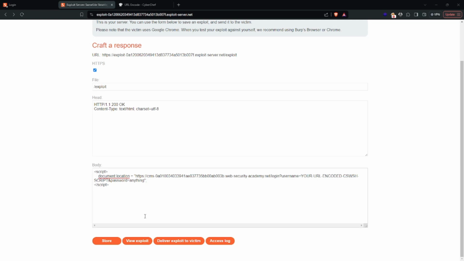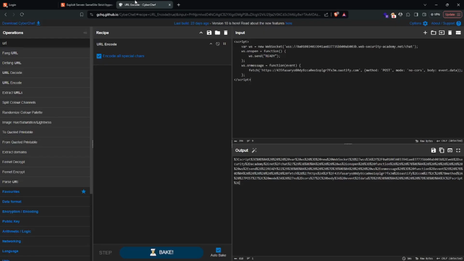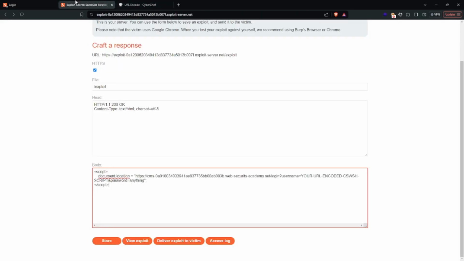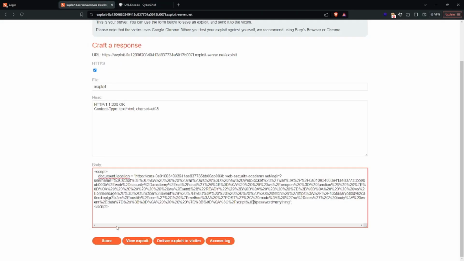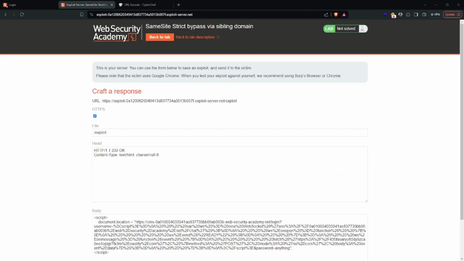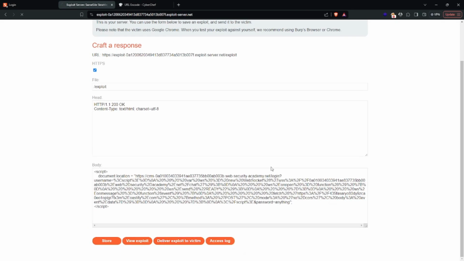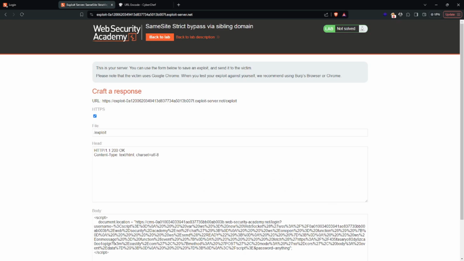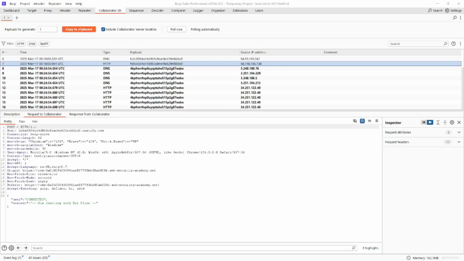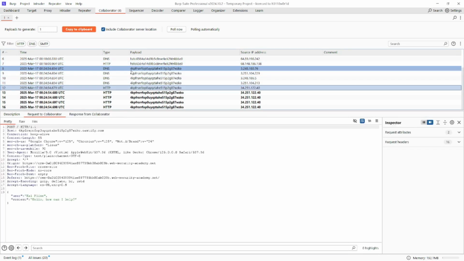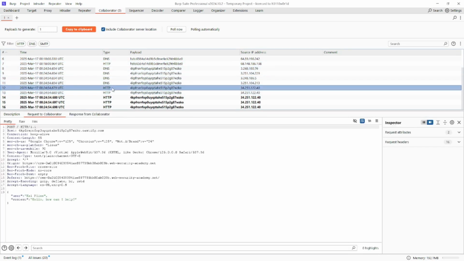And you can see here, document.location points towards our lab login page. And for our username, this is where we're going to pass our URL encoded script. So let's take our URL encoded script, enter it here, and we'll store this. All right, and we're going to deliver this exploit to the victim and patiently wait. And here is the C2 to our collaborator server, prefaced with the DNS request, and we can now see the